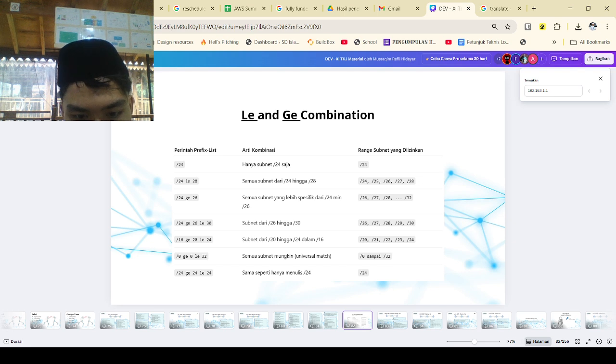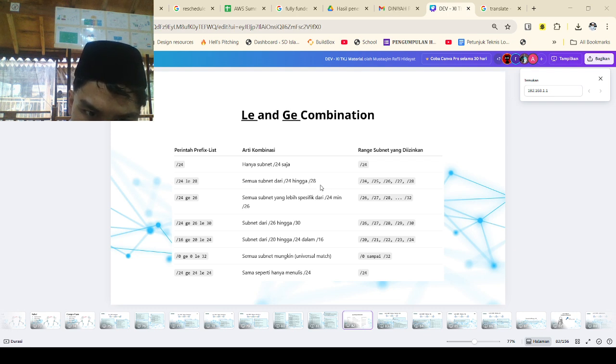As you might see here, a small table that explains combinations: /24 matches only exact /24, and /24 le 28 matches /24, /25, /26, /27, /28, and /24 ge 26 matches /26, /27, /28 up to /32, anything more specific than /25, and /24 ge 26 le 30 matches /26 to /30 only, and 0.0.0.0/0 le 32 matches everything, a universal catch-all. /24 ge 24 le 24 is the same, exact /24.